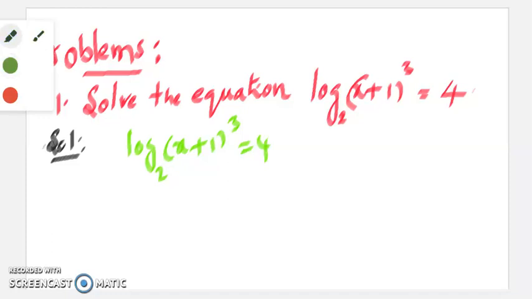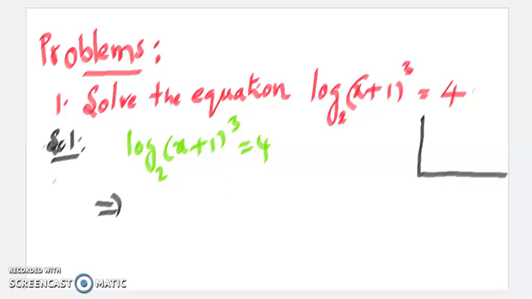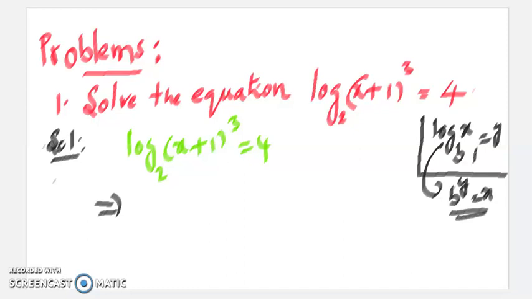Now converting this logarithmic equation into exponential form or by using logarithmic identities, it is easily converted into exponential form. What is the exponential form? Suppose log x with the base b is equal to y, and from that the exponential form is b power y is equal to x. This is the exponential form of the logarithmic function.